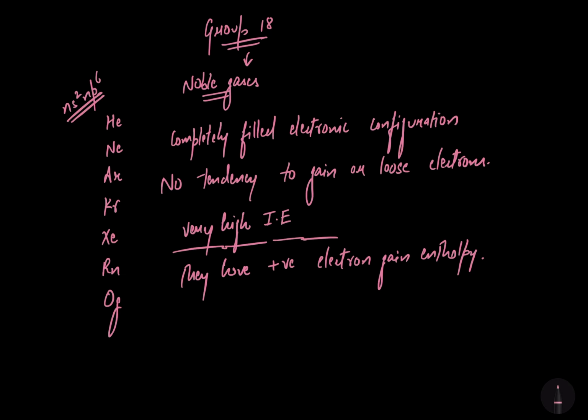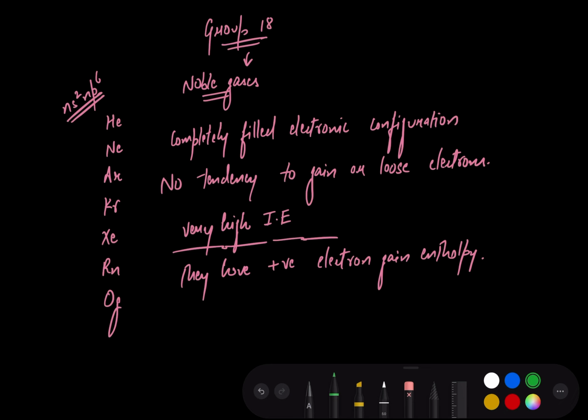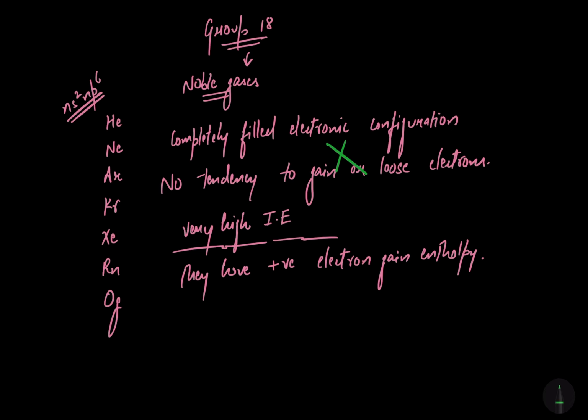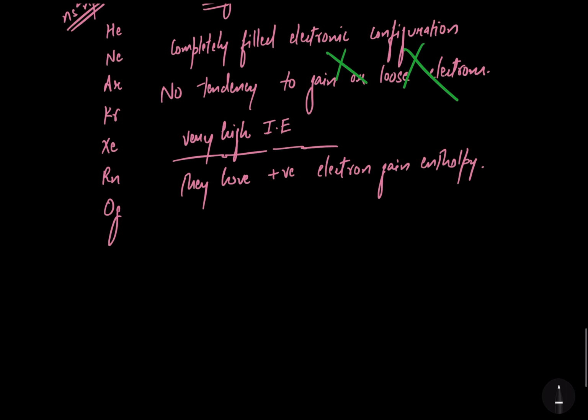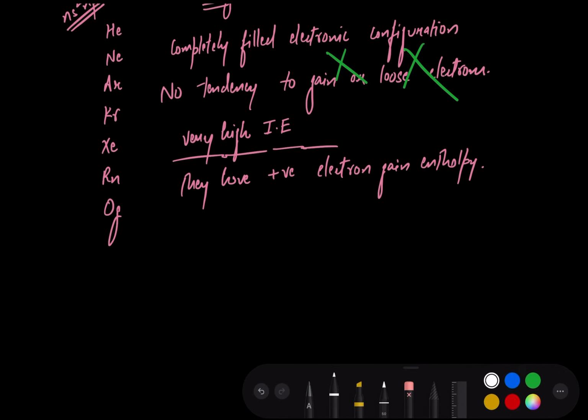For all the members of the periodic table, the electron gain enthalpy is a negative value, but for noble gases, electron gain enthalpy is a positive value, which signifies that they have no tendency to gain or lose electron. They will not gain electron and they will not lose electron, due to which they do not show